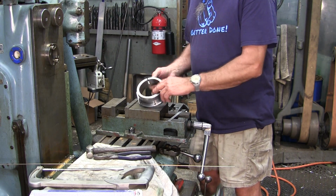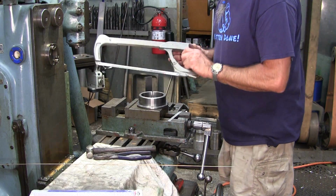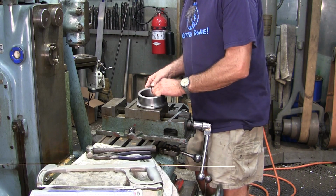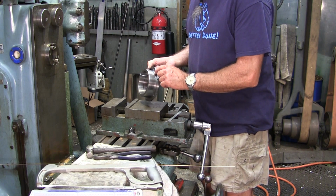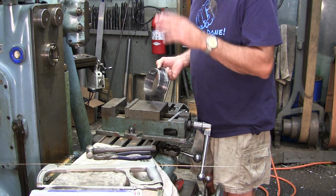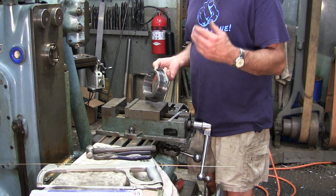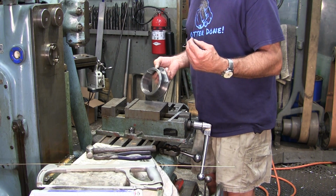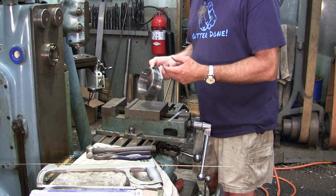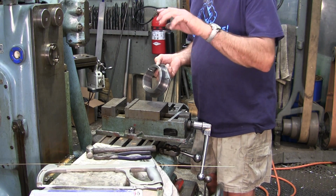All right, what I want to do first off is hacksaw the rest of this. Now I don't want to gouge or get my hacksaw into the bottom and create a hacksaw scar in the bottom of the radius. That would defeat the whole purpose of putting a radius there to relieve any stress risers on that point right there. We got a really nice 3/32 radius. This is a 1/16 slot, so it'll go in there. It'll be almost like a